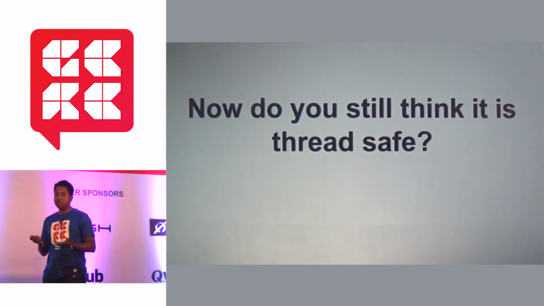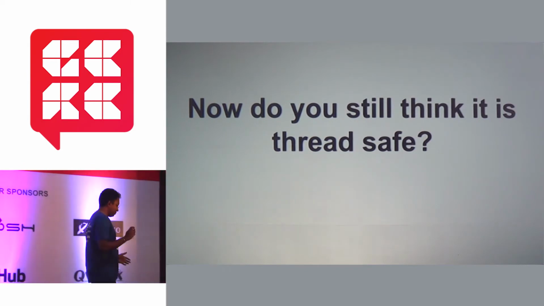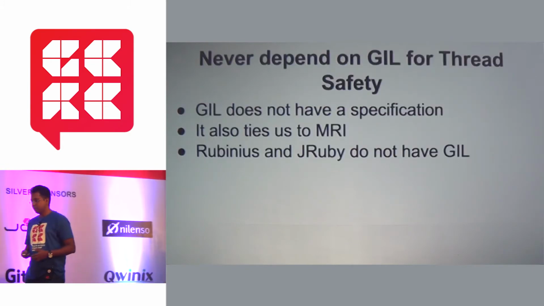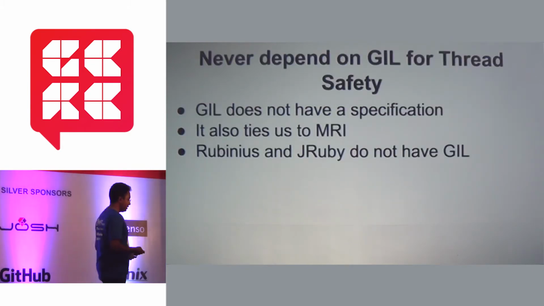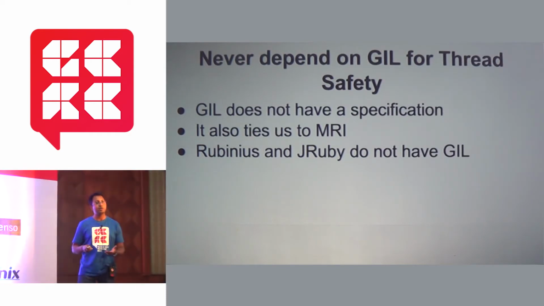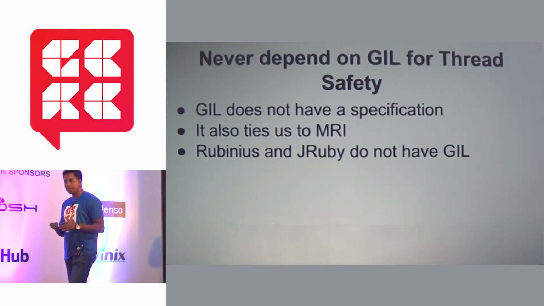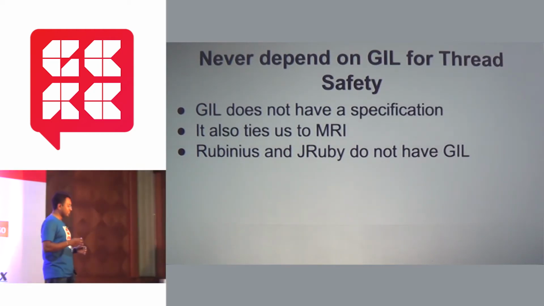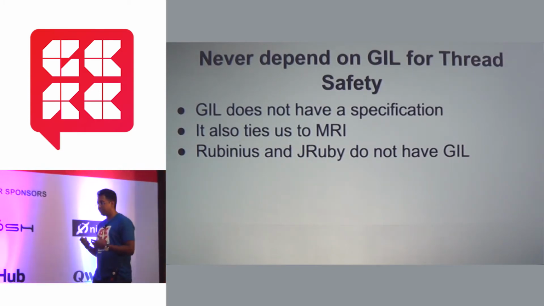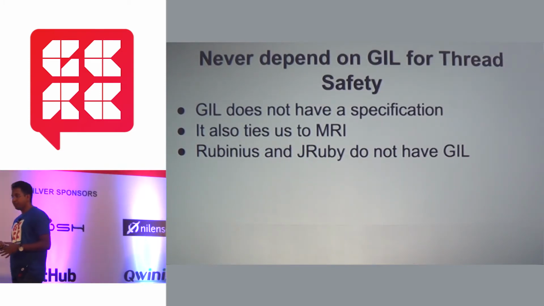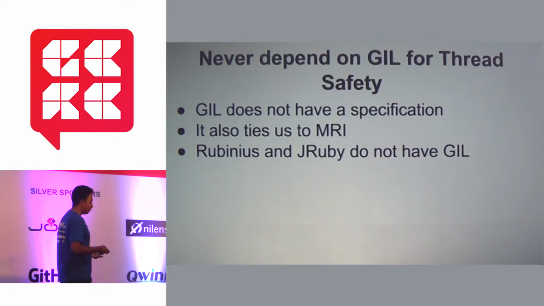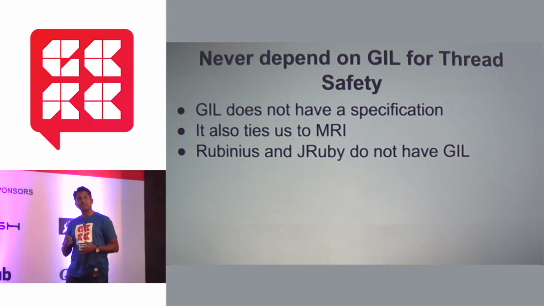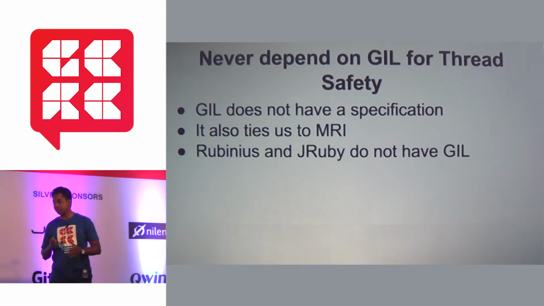So, do you still think Ruby is thread safe because it's got the GIL? I'm talking about MRI, essentially. The thing is, we can't depend on the GIL. It is not documented anywhere exactly how it works: when the timer thread wakes up, the time slices allotted to the thread acquiring the GVL. There is no documentation around at what point the GIL can be released, or can not be released. It's not predictable, and if you depend on it, even within MRI, when you're moving from version to version, if something changes in the GIL, your code will behave non-deterministically.